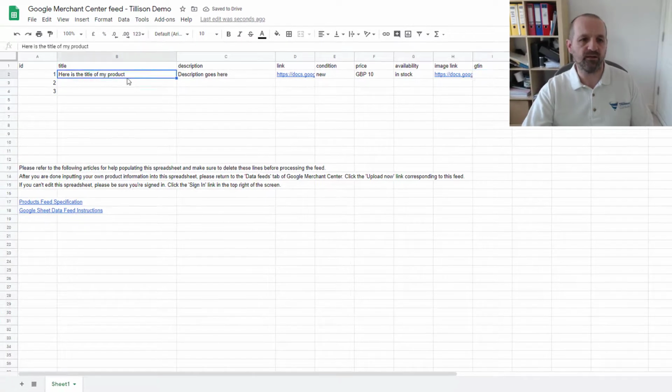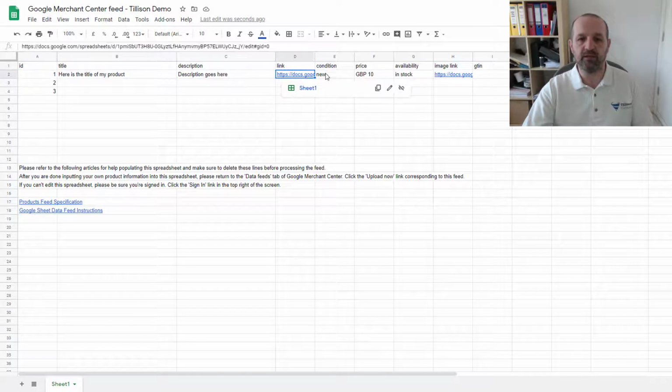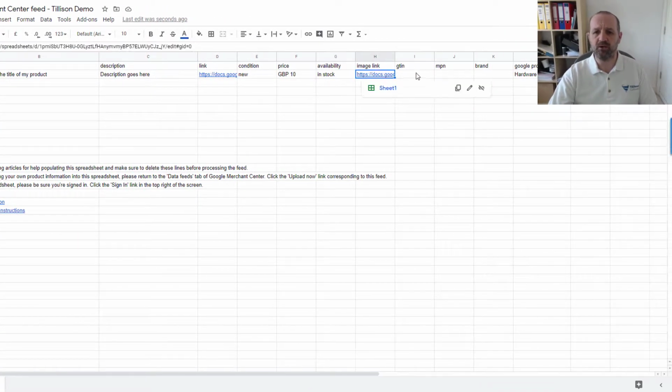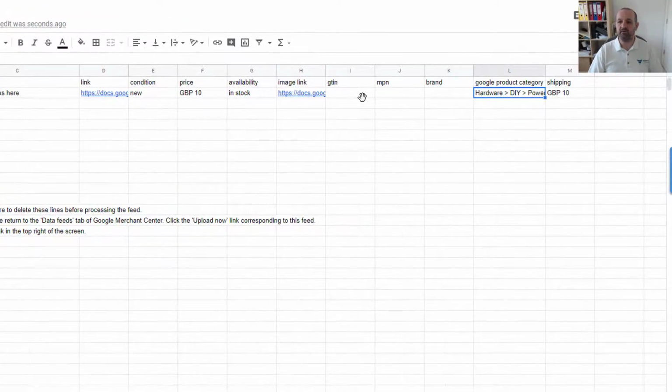So we now have a title optimized, description optimized. We have a unique identifier. We have a link to the product. We know it's new, we've got the price in the correct format, GBP10, it's in stock, we have an image link. I haven't populated the GTIN, but you would populate it, and it has to be correct, otherwise you will get it disapproved. We have a gap for the MPN, we have a brand, we have a Google product category according to the taxonomy, and we have a shipping price. So that's the simplest version of a Google Shopping, Google Sheet, Merchant Center feed,